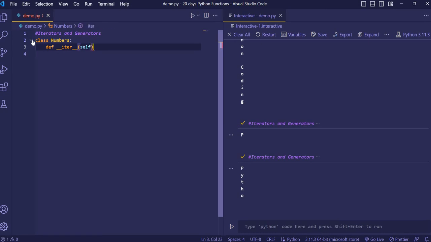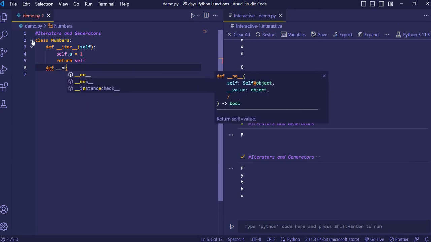Then we give self here, and now we initialize self.a to 1, then we are going to return the self. Okay. Now again we are going to define the next